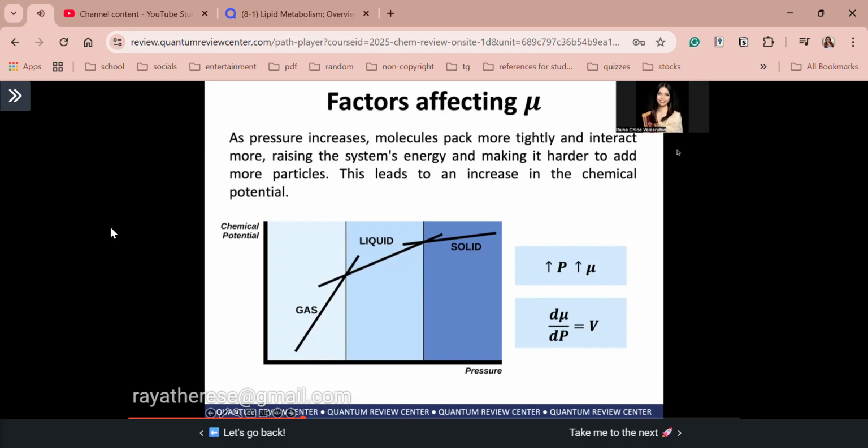Kasi guys, kapag low ang pressure, the particles, they have plenty of space. Di ba? They have plenty of space kasi you have low pressure. So, anong meaning niyan? It is easy and cheap to add another particle sa ating system. Okay? So, we only need a lower chemical potential. We only need a small amount of energy in order to drive the change, in order to add one